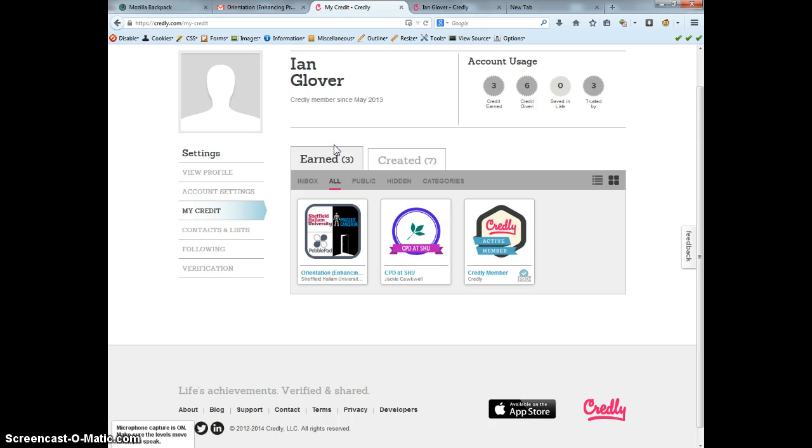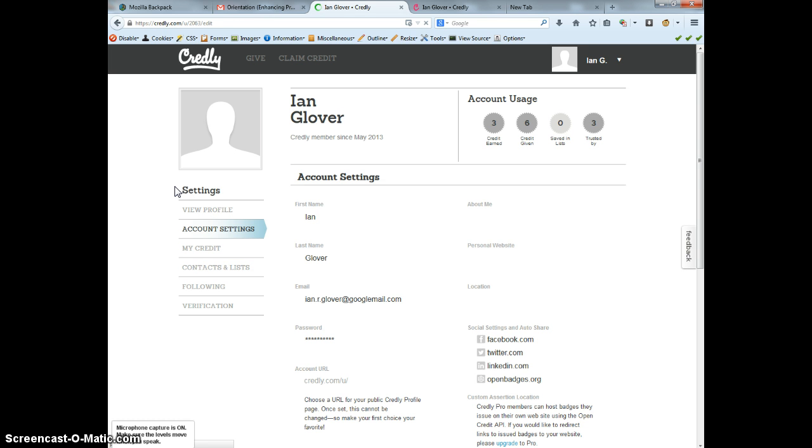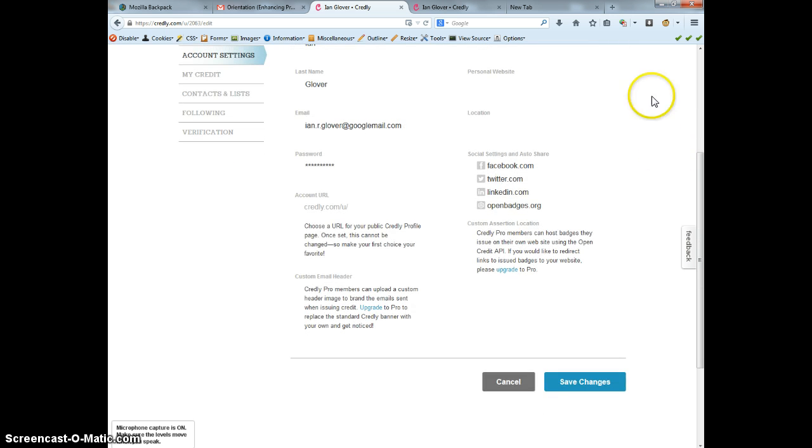So to do that, once you've created your Mozilla Backpack account, you need to go to Account Settings. So click on Account Settings and you'll see there's things like your name and your email address in here, and you might have some more details as well. But the important one is just scroll down, is the social settings and openbadges.org. If you just hover the mouse over that you'll see this link text appear. Just click on it